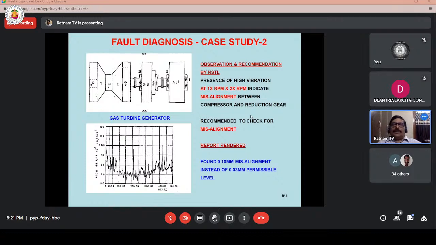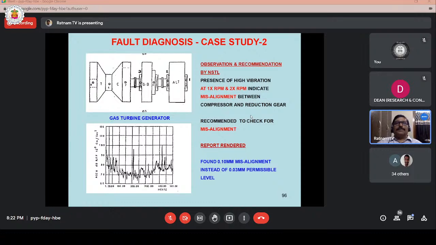They reported that they found 0.1 mm misalignment instead of the 0.03 mm permissible level. Actually, it is supposed to be 0.03 mm misalignment between the compressor and reduction gear. Instead of that, they found 0.1 mm misalignment. So immediately they used some shims and other techniques for aligning the shaft coupling, and they found the components disappeared after